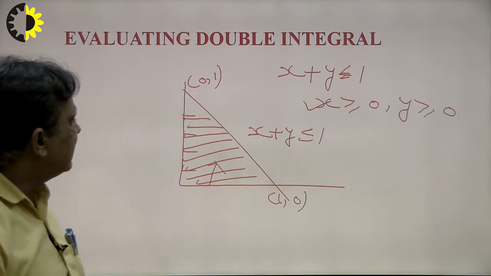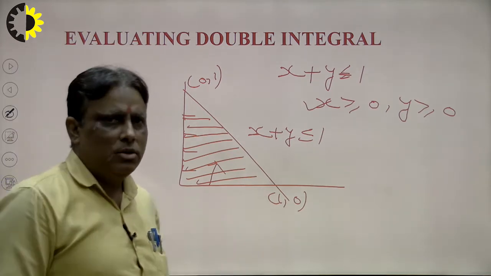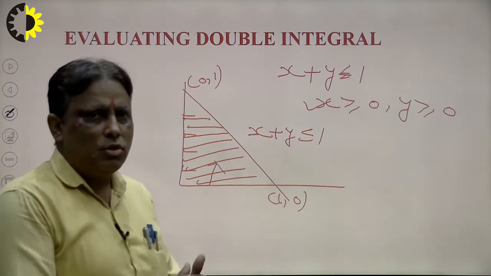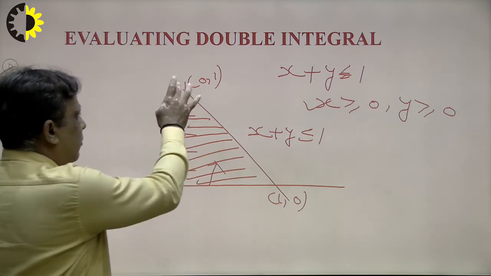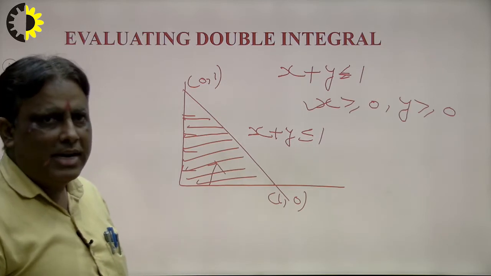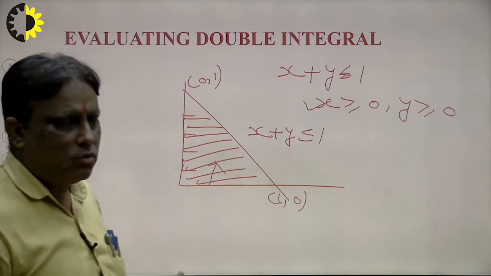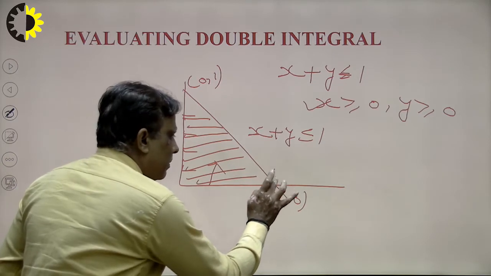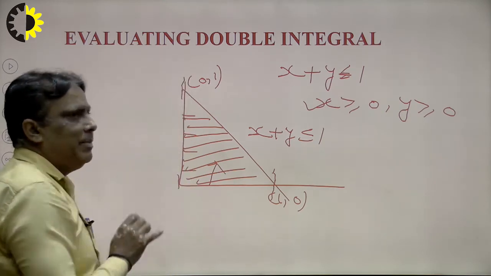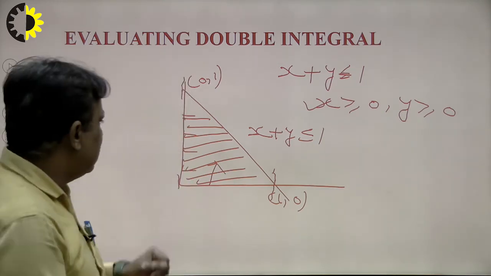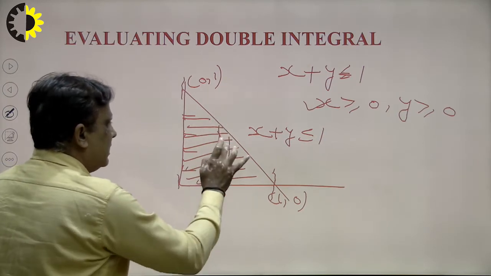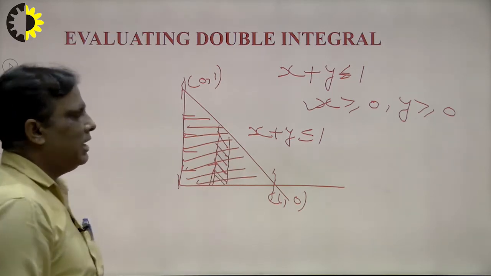Now any student can say, sir, how to take the limit? For taking the limit, first suppose I want to take the limit of y first. So first of all there are 3 points of contact. Draw the parallel line, right? Suppose I want to take the limit of y first. So first draw the line parallel to the y axis, and this point is outside the region, that means this will be a single region, right? So we consider an elementary strip parallel to the y axis. I draw this line, and this is parallel to the y axis.